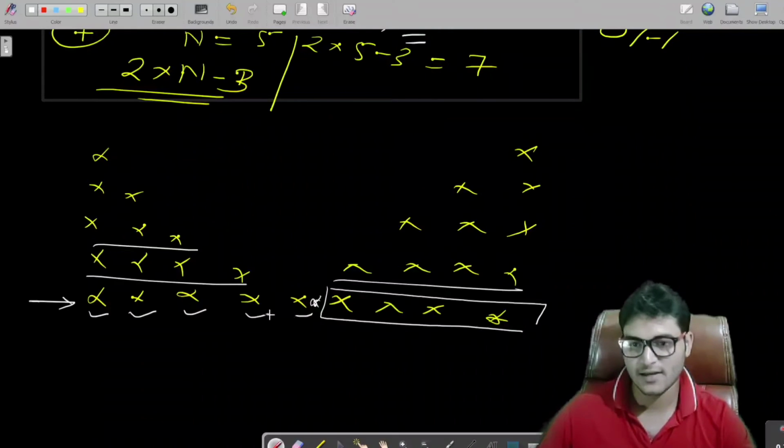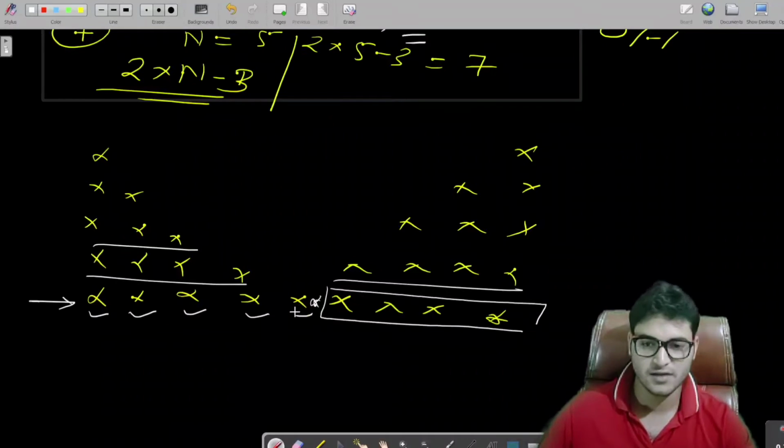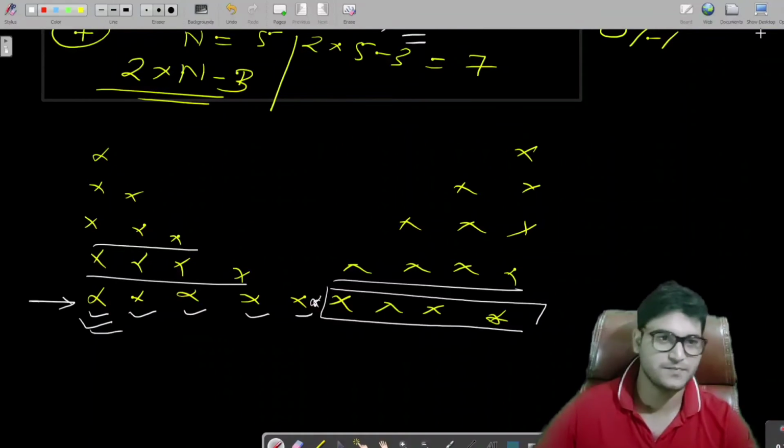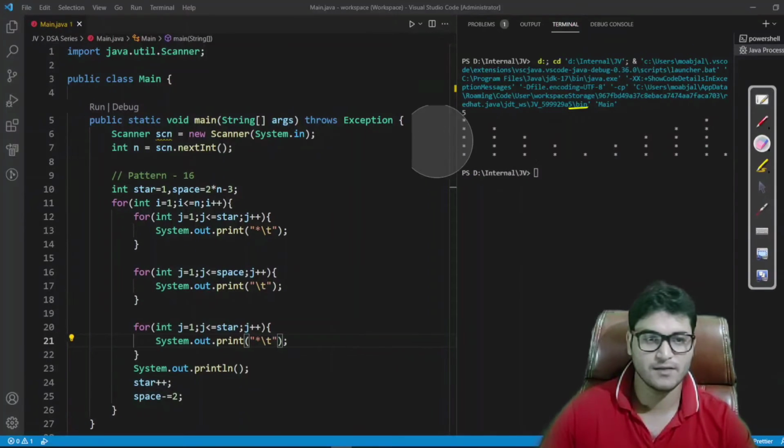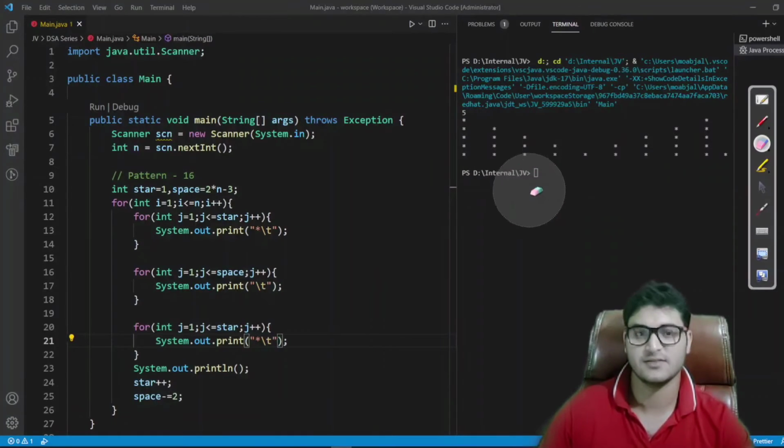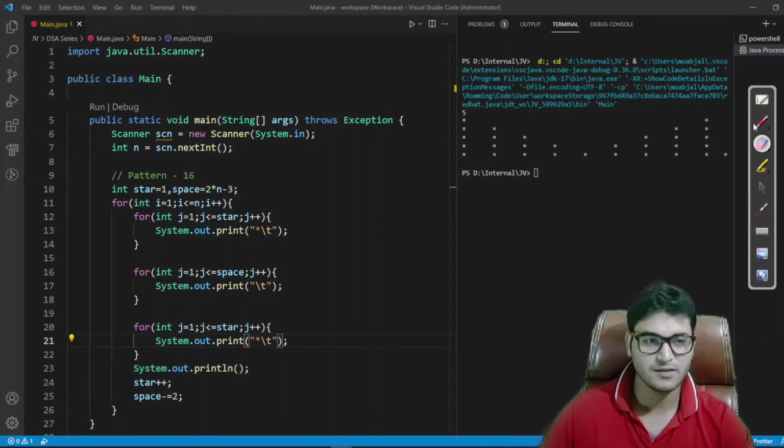So we'll handle the last row condition with the help of the i variable. The thing I just want to explain is that in the last row, for the second half, we just have to print star minus 1 stars, not spaces.